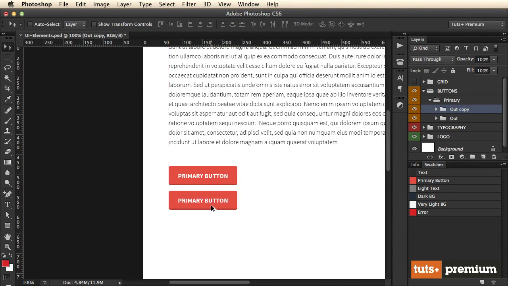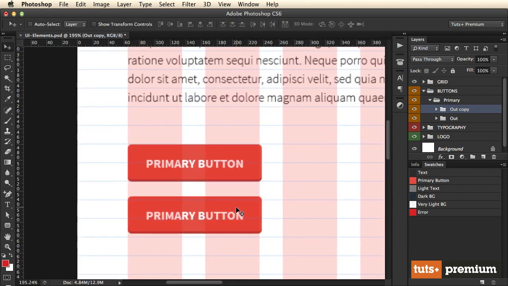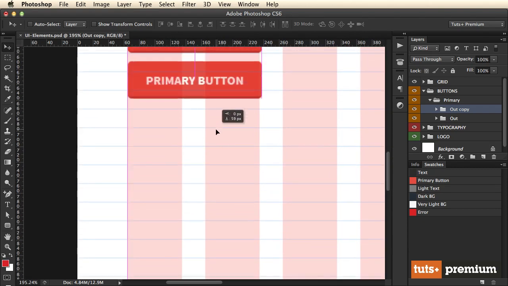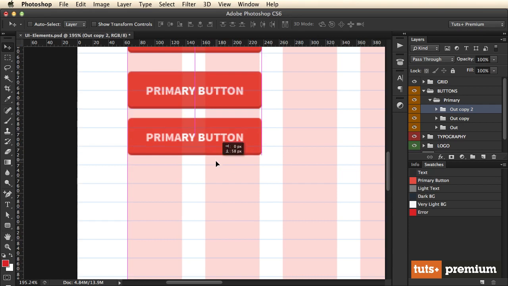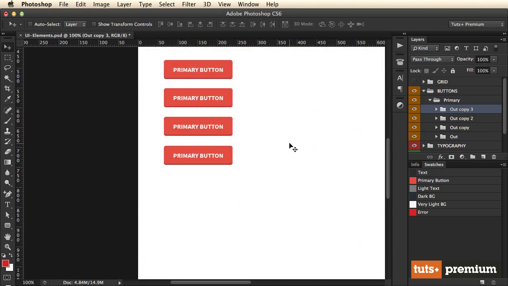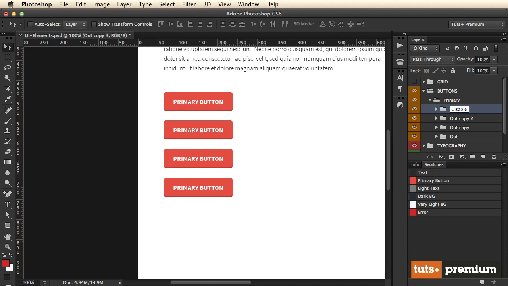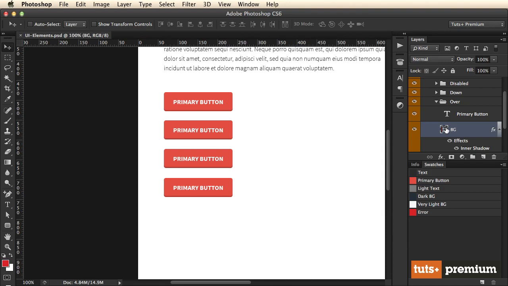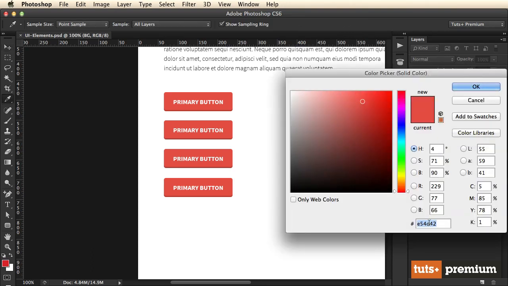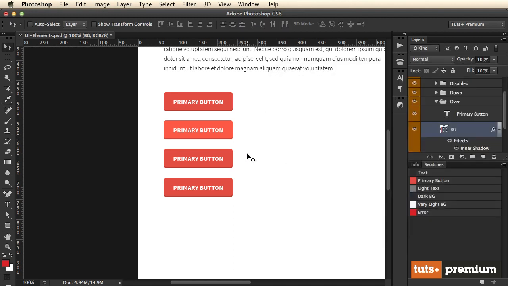Let's create the over state, the down state, and also the disabled state. Oops, over. Now the over state should change the lightness of the background. So instead of this default color, we're going to use FF5948. So that's a touch lighter. Okay, the down state,